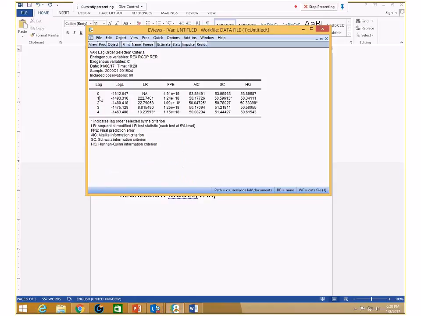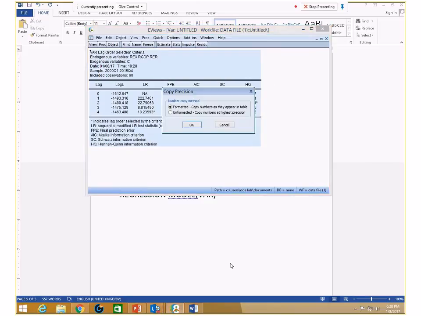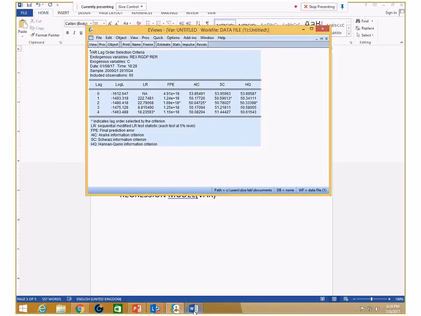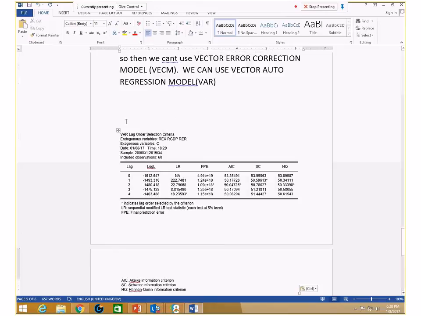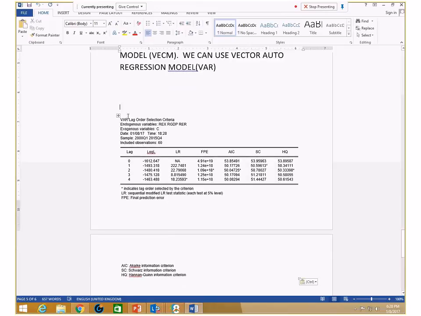So then you can see this. Highlighting it, you can see clearly. So then you can see these are the